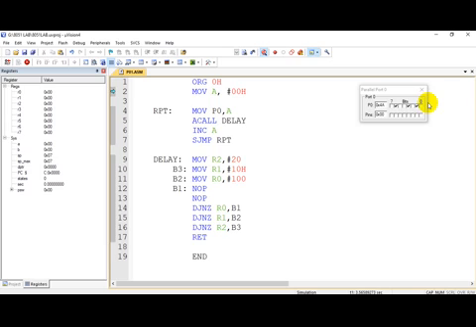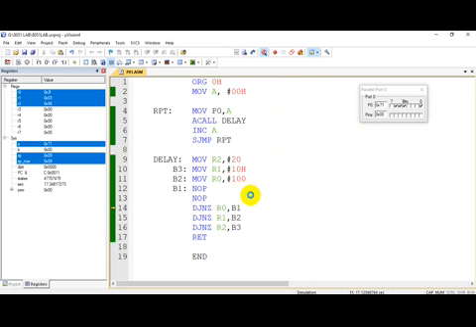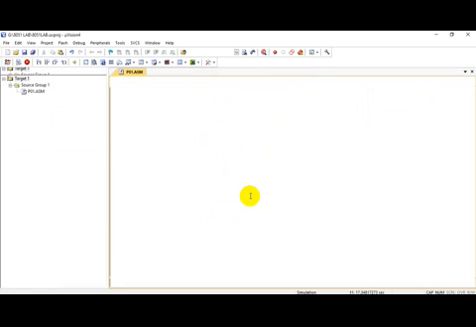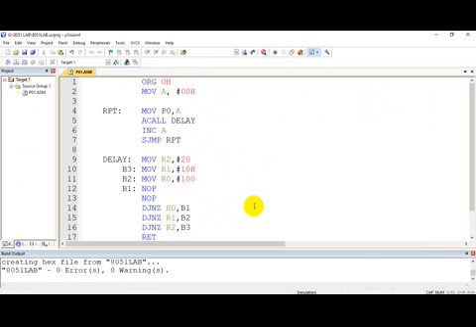Now see, this delay is not enough for us to differentiate between the counts, correct? That's why we have to give a proper delay so that we can differentiate between the counts. This is 0FFH in hexadecimal, or if you want to write in decimal, it is 255. I hope you understood the role of delay.